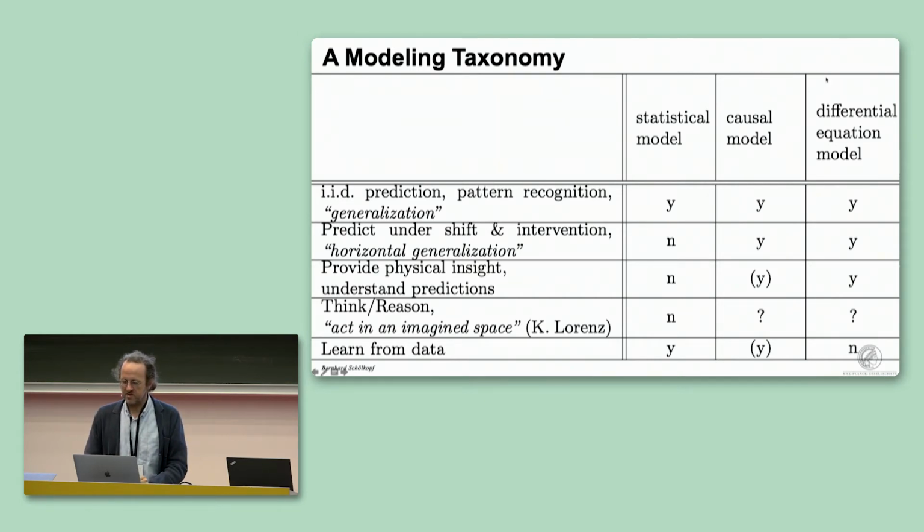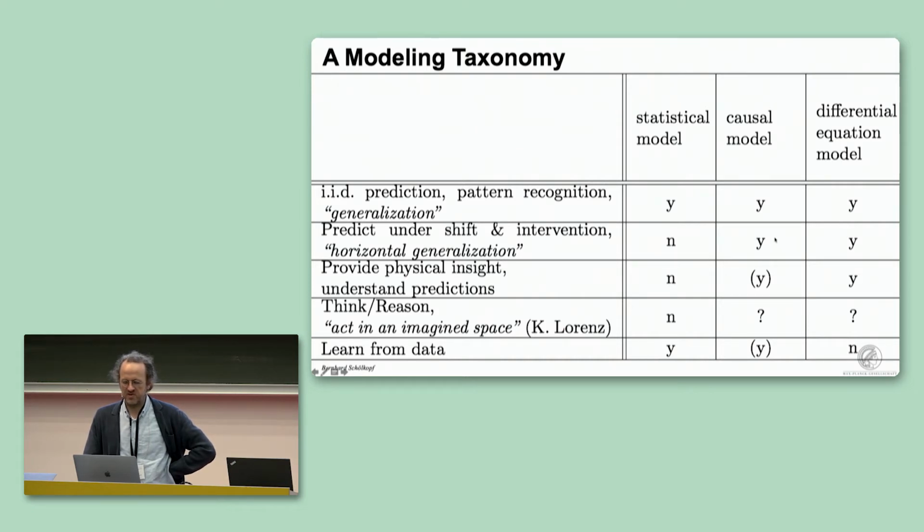Now, at the other extreme, the gold standard of modeling for physicists is a set of coupled differential equations. In principle, with that you can do anything, but we don't have good methods to learn these from data. Now, this field of causal learning is trying to somehow stay in between. We would like to be able to learn as much as possible from data. And if we can do that, then we would get richer models that statistical ones can't do.